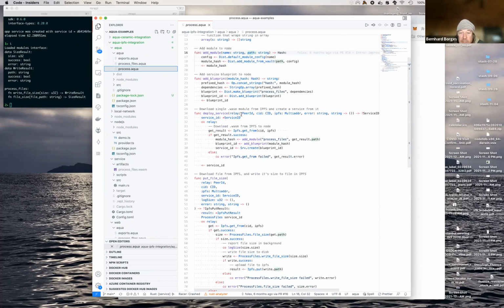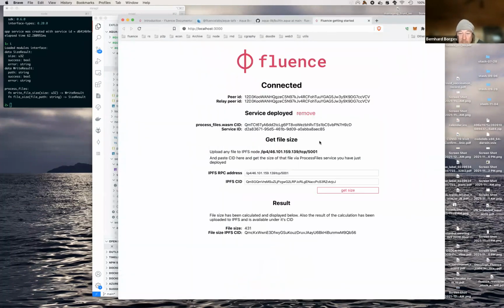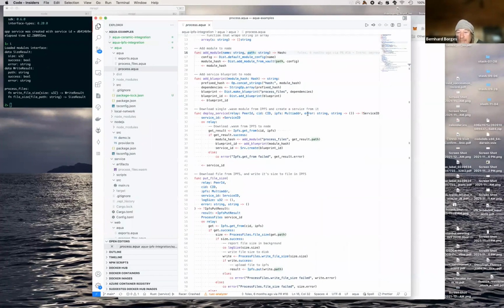And if you look at the signature, just like before, it takes the node, or here we have a relay, which is the peer ID, which we had up here, right? When we connected, we got it. We want the CID of the file, which we got when we put it on the IPFS node. We need the IPFS multi-address, which, remember, we got because we know that it's a sidecar node to the Fluence nodes. It's very simple. We provide that. And then this is a callback function. We call it an error, but it's a callback function.